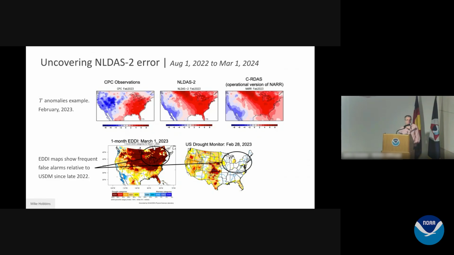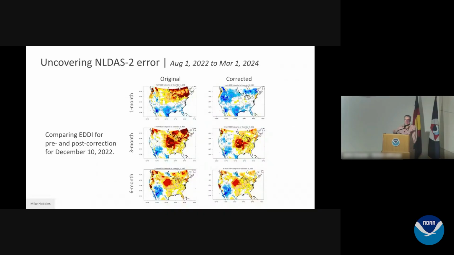Because we depend on NLDAS, we were showing drought, as was every other drought index that depends on NLDAS. And this was pointed out to us by our users. So having engaged users was really useful in that sense. We corrected this. Highland and NIDIS and our team here, we all sort of petitioned the Environmental Modeling Center to rerun EDDI for that entire period. That is, it's 18 months. And they did it. So it was a big lift, but they did it.